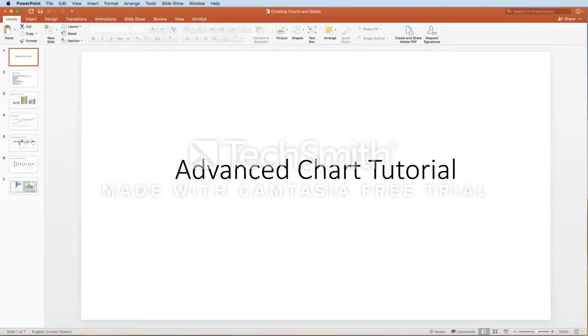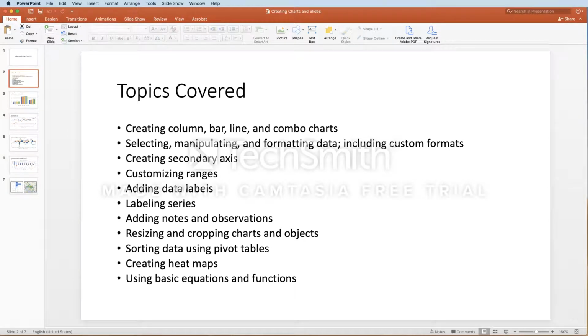Hello everyone, this is an advanced chart tutorial. During this presentation we are going to be covering how to create column, bar, line, and combo charts, how to select, manipulate, and format data, including how to create custom formats, how to create secondary axes, how to customize ranges,